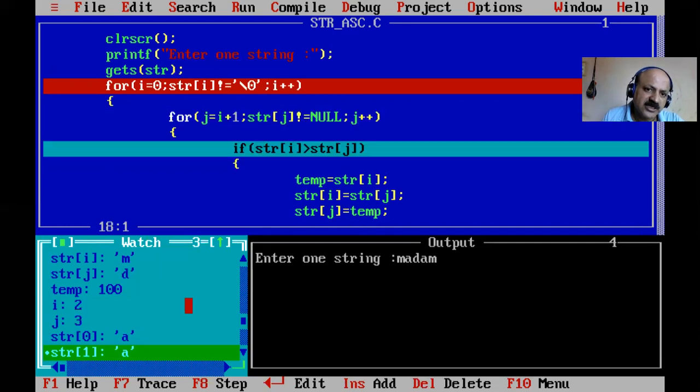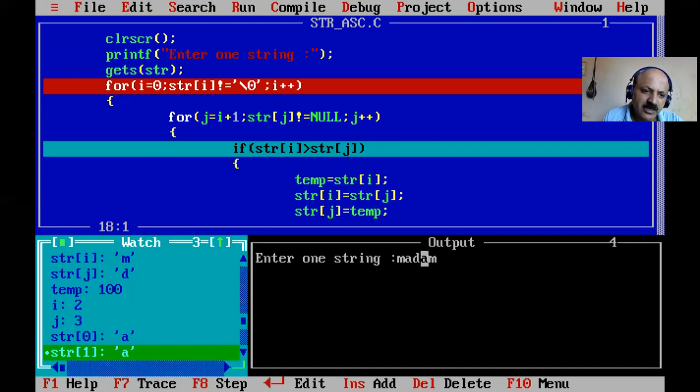I is 2 and J is 3, yes. Now the two A's are set. Here the second pass means index 0, 2, the third element is M, and J means the last, index 4 position. So now D is here, and the two A's are shifting to the 0 and 1 positions.